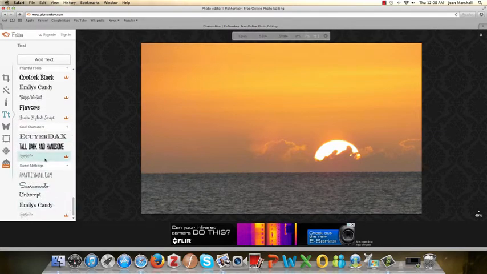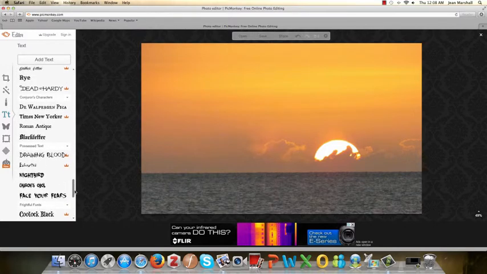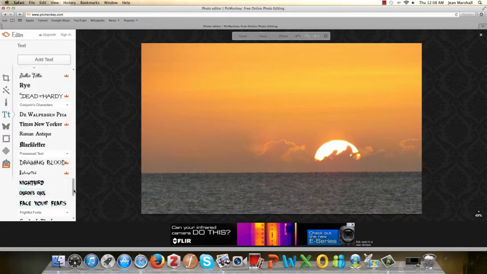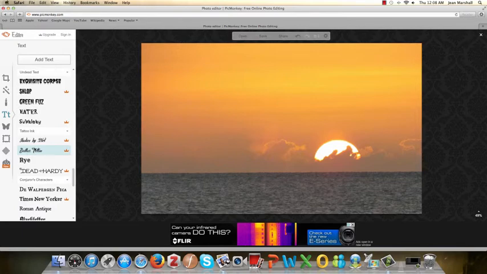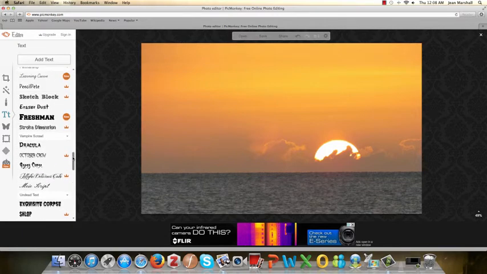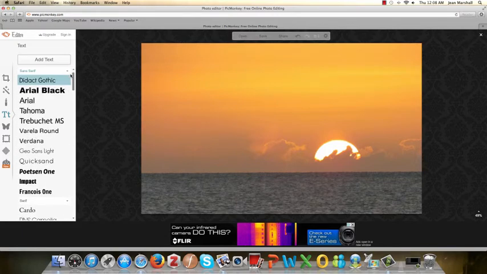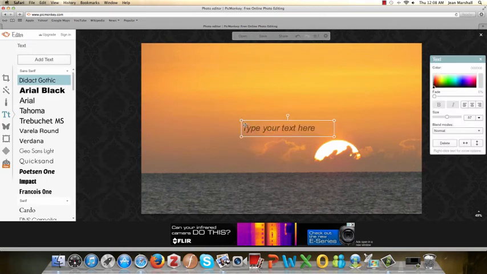They like lots of cutesy fonts. And they like lots of scary fonts at PicMonkey. And then you've got your unreadable fonts right there and more scary fonts. Let's go with the basic font. Well, actually, let's just do our text first, and we'll do the font after that. Our program is called Travel Tales